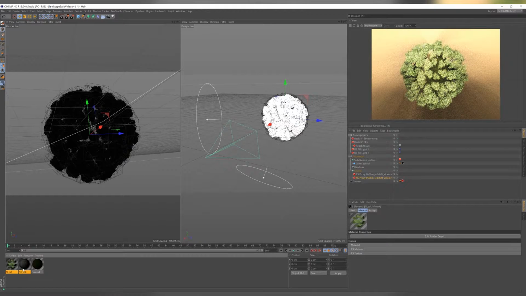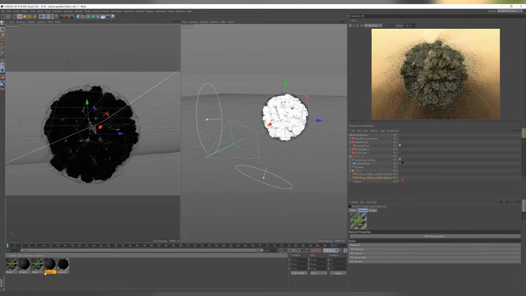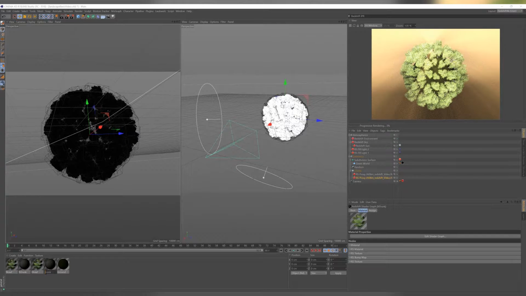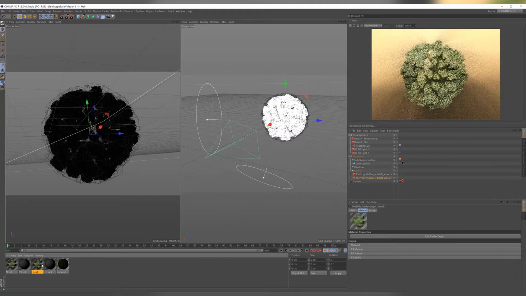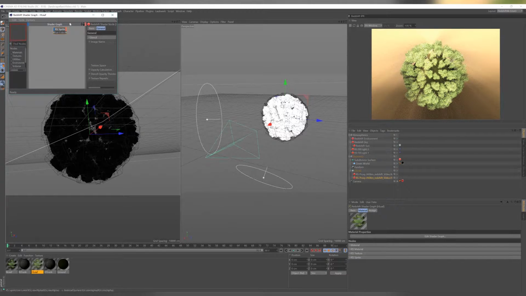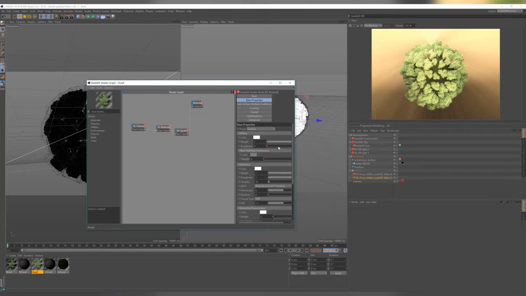I'm going to duplicate these 2 materials again, H and H, and make sure that the prefix is set to H. What this means is that if I go into the leaf properties in my shader graph, if I set the diffuse color or weight down a bit, you should see the beginnings of a little bit of variation. There you go. If I set it much further down,